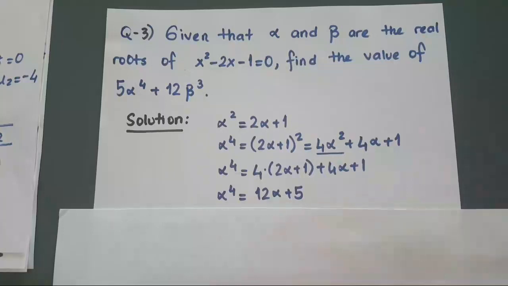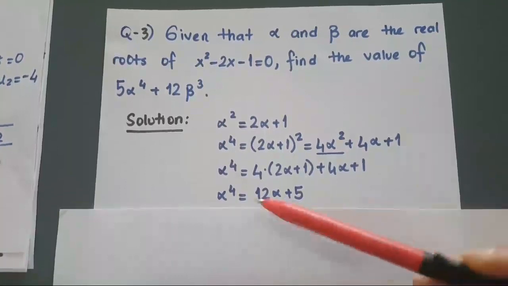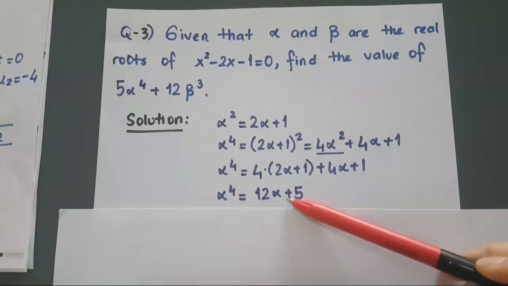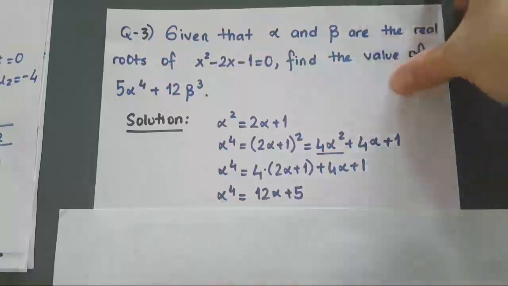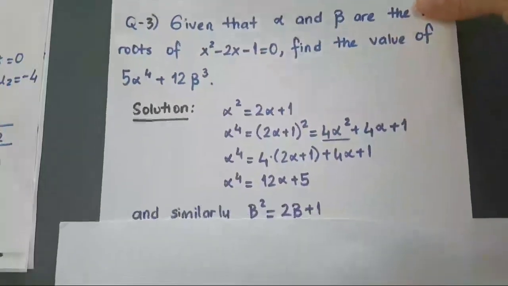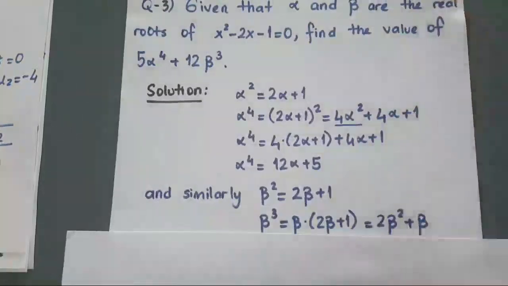Any problem up until here? We got alpha to the power of 4 in terms of alpha, the first expression, without the coefficient. I will multiply it by 5 at the end of my solution, but that's later. And by the same method,